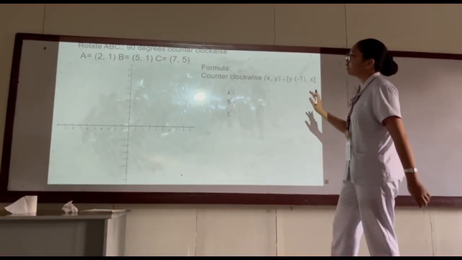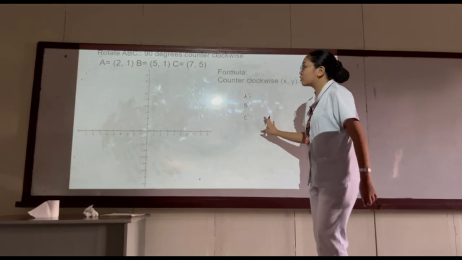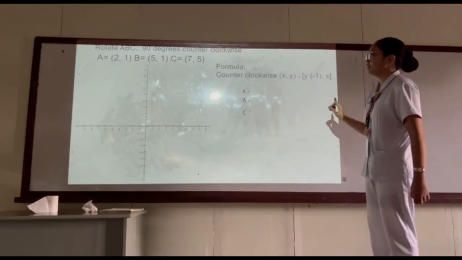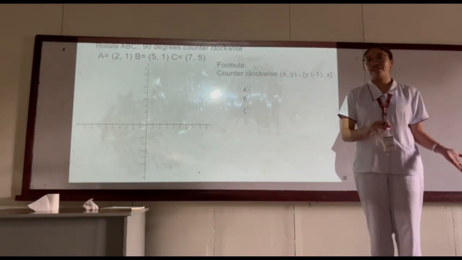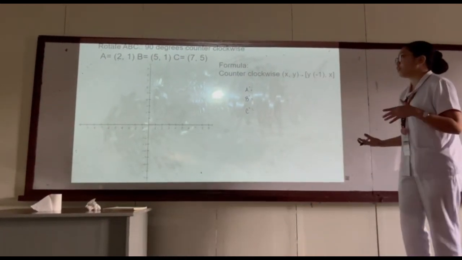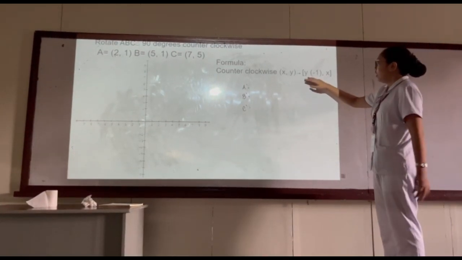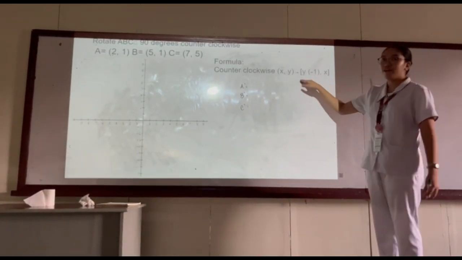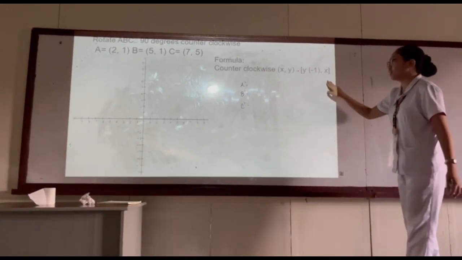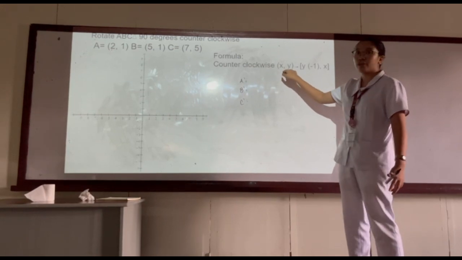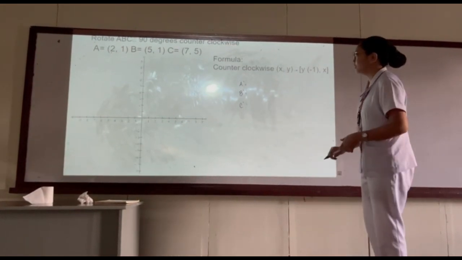So here's another example of rotation. Rotate object 90 degrees counterclockwise. So we did clockwise before, we'll do counterclockwise this time. In order to do that, we're just gonna multiply the y value now instead of the x values, but with similar mechanics of interchanging both x and y values.